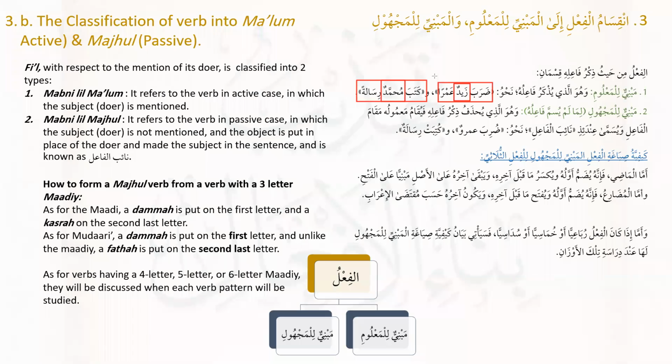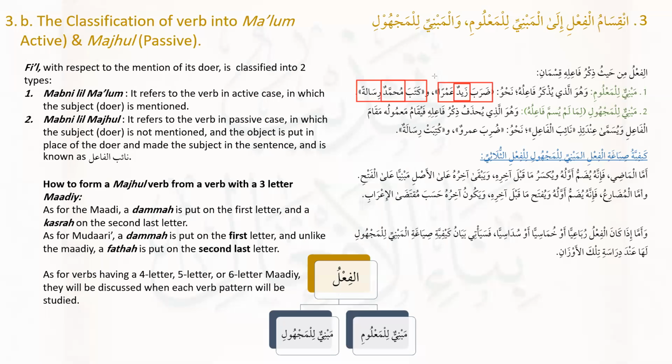Why instead of saying majhul? Majhul is someone who is unknown, who people don't know. And it's not always the case that the doer is unknown. He's just not mentioned for some reason. For example, the Sahaba say umirna, we were commanded. Everyone knows who commanded them, right? It's Prophet Muhammad sallallahu alaihi wasallam. But for some reason, they are not making the mention of him in this statement. That's why the more precise term for mabni al-majhul is mabni lima lam yusamma fa'iluhu.